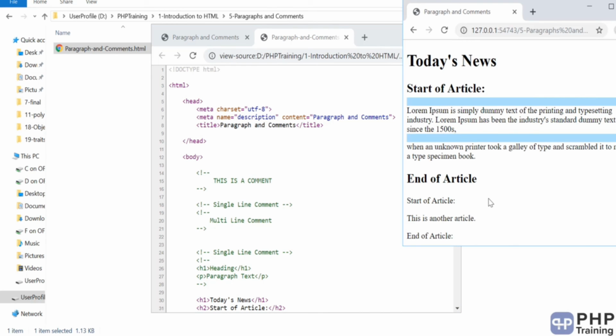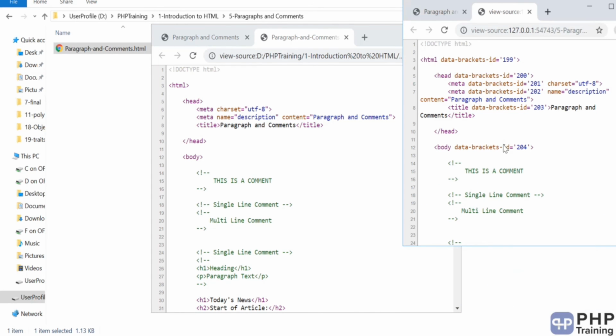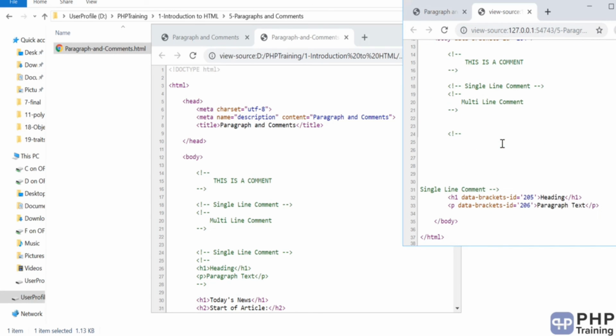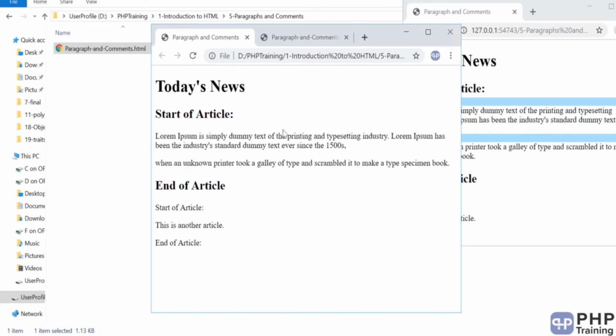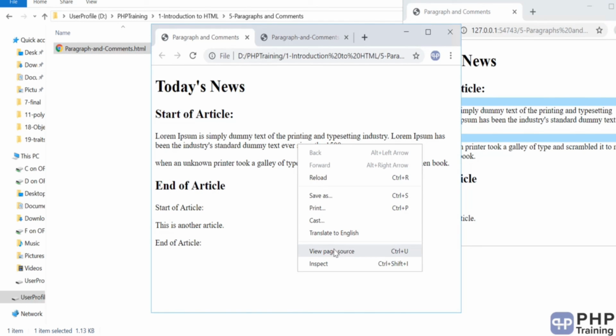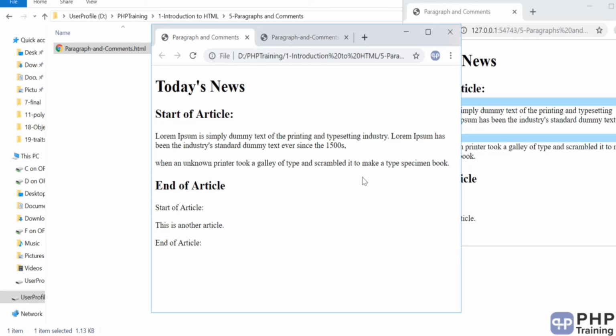If you see the source code from Brackets, you will see some Brackets tags added here. So don't open it there and view your code. Make sure you open your file via a browser, and then you press Ctrl U or right click and say view page source. Well, that's all on this lecture on writing paragraphs and comments in HTML, and I'll see you in the next one.